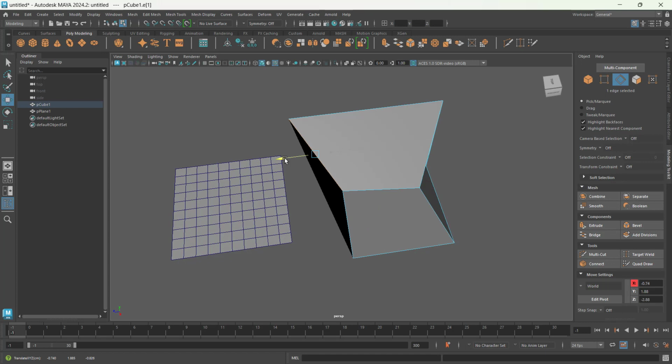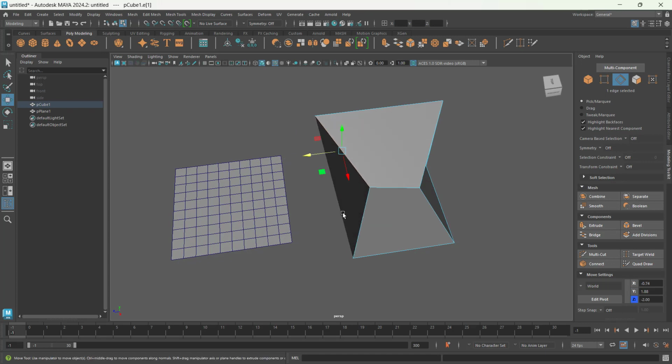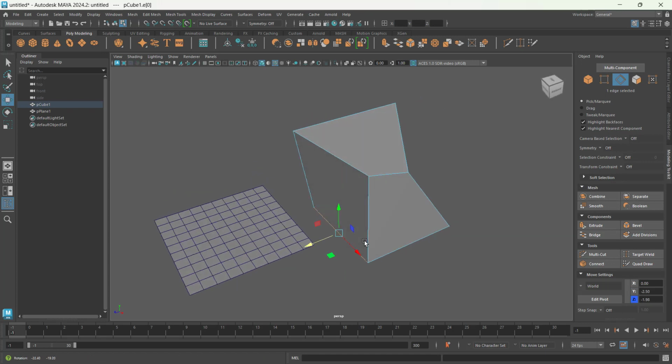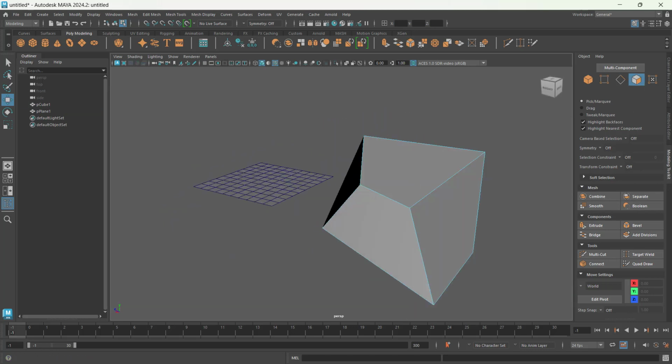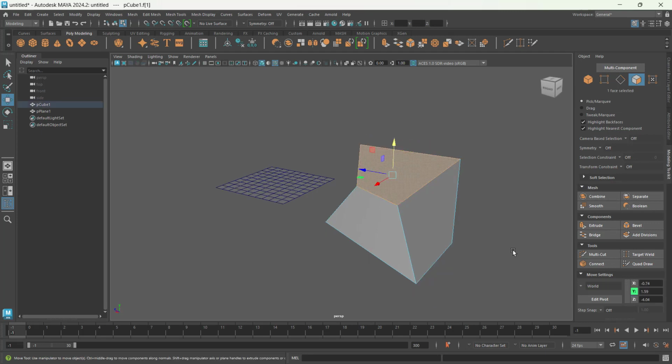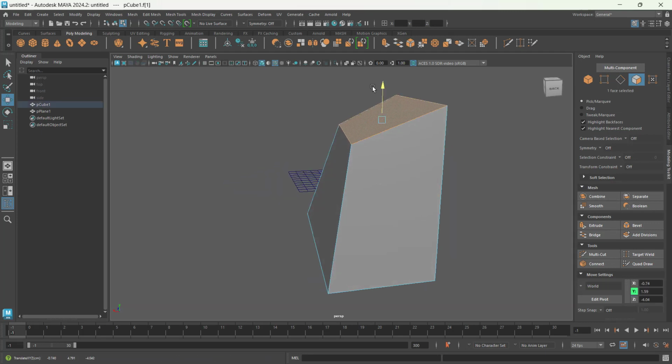I can drag them, I can move them whenever or wherever they are required, for example. And last but not the least, I can select the polygon selection or the face, the third one. The face allows me to select the face itself. To simplify,